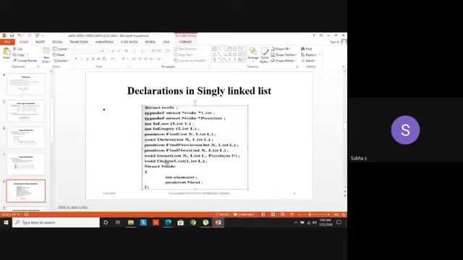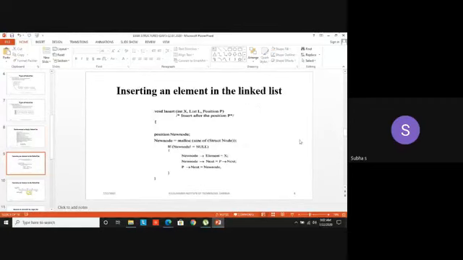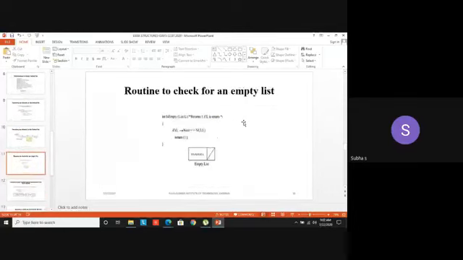But there is one more function called delete list. Delete list means it will delete each and every node in the list one by one. That is the difference between delete and delete list. For the delete function, you must specify the element. For delete list, you specify only the list. The elements will be deleted one by one using a for loop. Okay. So these are the functions we are going to see. We will move to these simple functions, then we'll come to the insert function.